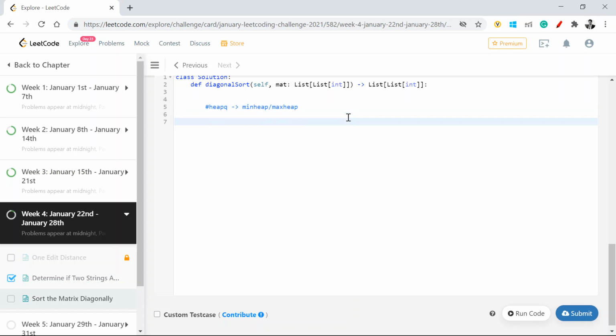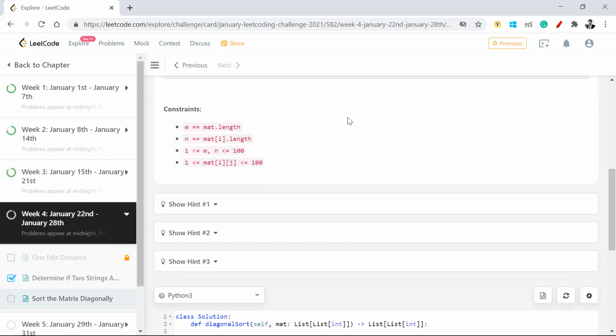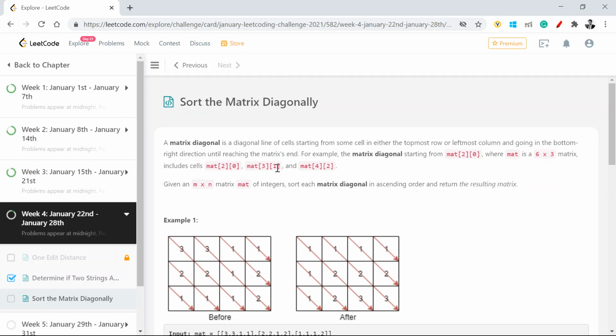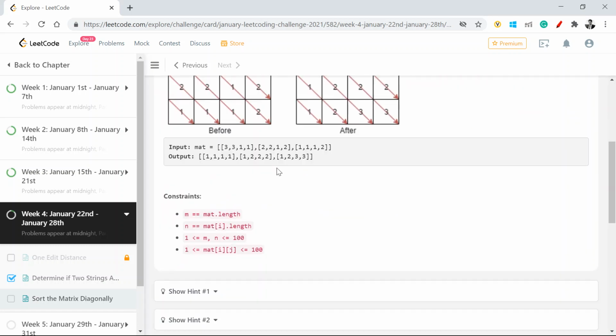What we are going to do is create a dictionary, and it will contain a heap queue object. Whenever I insert a value into this heap, it will automatically sort the values.